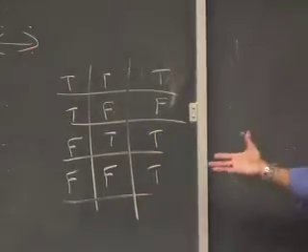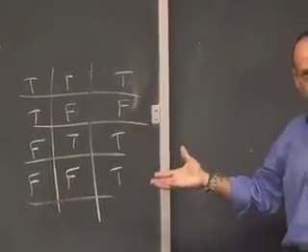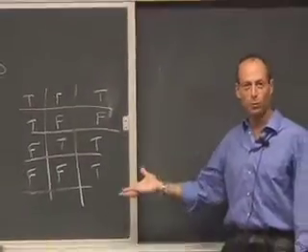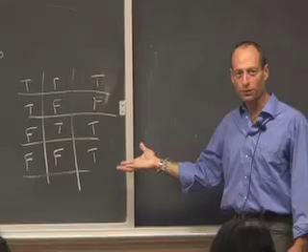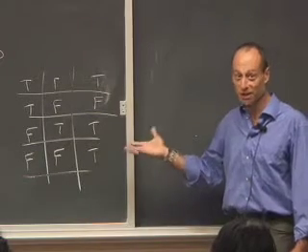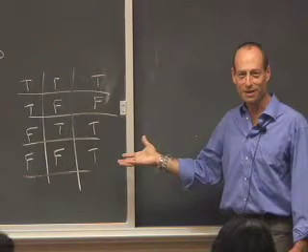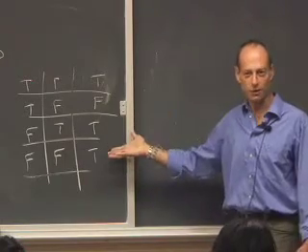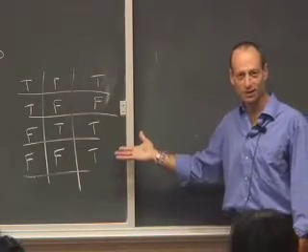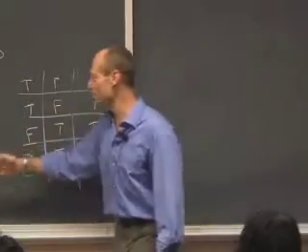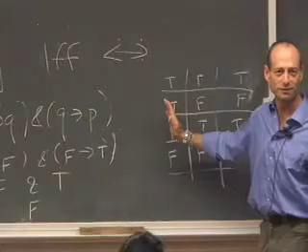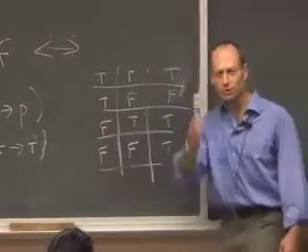And the heuristic behind it, if you want to relate it to the real world, is if you want to refute the assertion that if it is sunny, I will wear sandals, you can only refute that if it's sunny. If it isn't sunny, then it doesn't matter whether I'm wearing sandals or not. You can't falsify my assertion. It has to be sunny. So this assertion can't be false if its premise is false. Is that okay? And there's a question in the back.